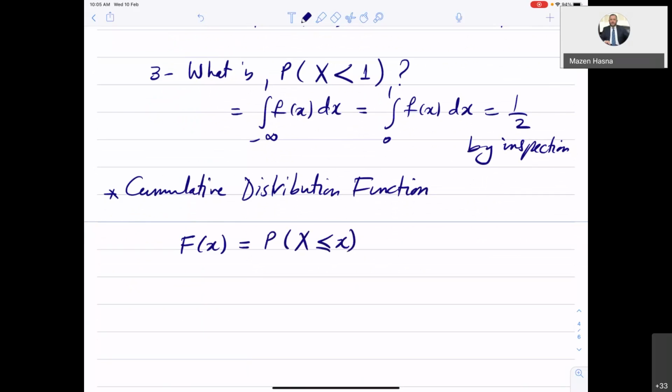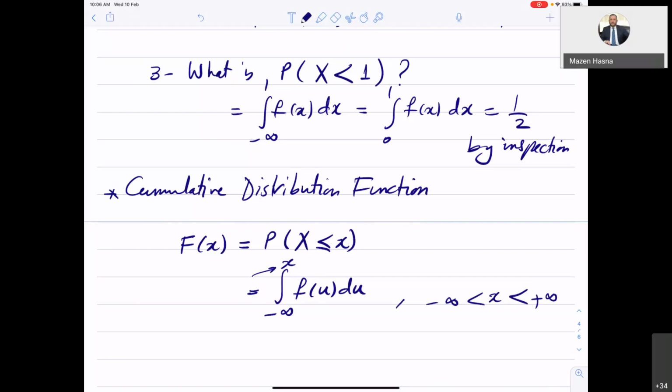In this case, since we are talking about continuous function of f of x, the way we define it is integration from minus infinity to x. So integrate the function all the way from minus infinity to x, and then you use another variable u, because you used x already in the limit of the integration. So capital F of x, again, is defined the same way. It's a cumulative distribution function.